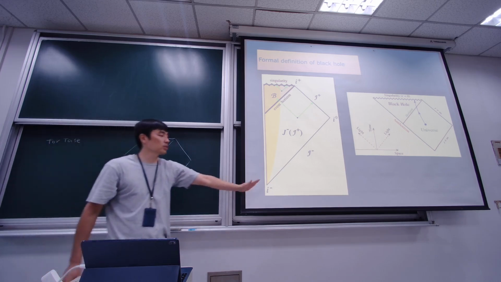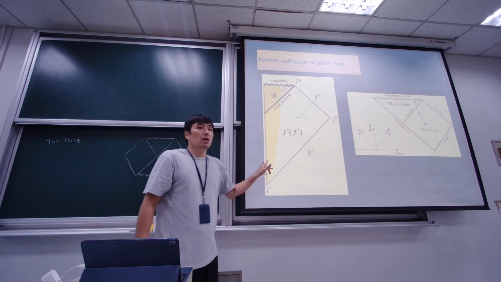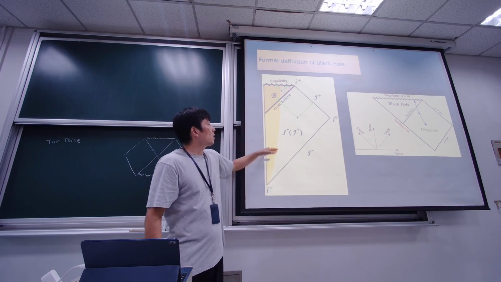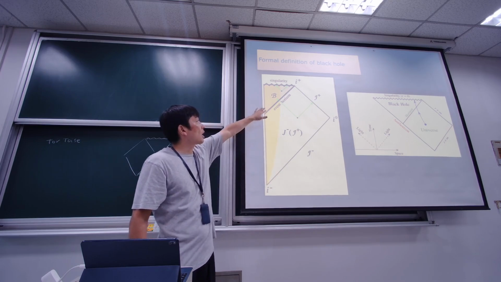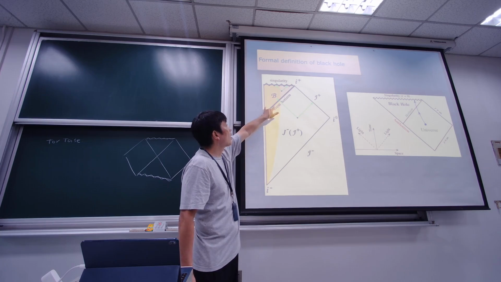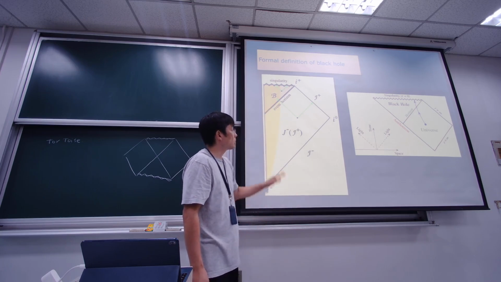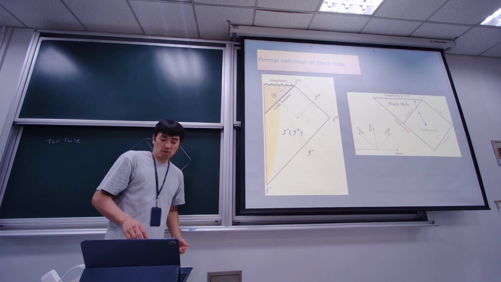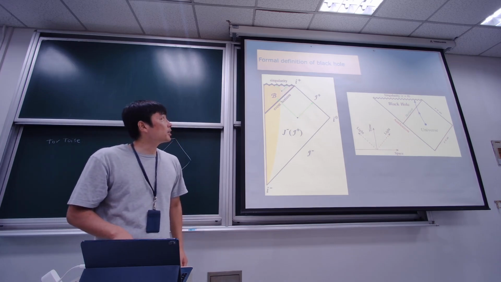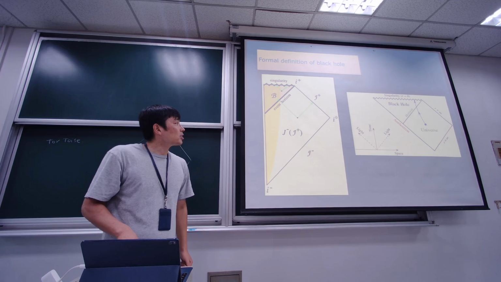And then you have to start with some spherical star. This yellow part is a star, and it undergoes gravitational collapse, and then collapse, and then it hits the singularity, and it creates an event horizon. So this is the real Penrose diagram, the real black hole. But here it's just a Schwarzschild one, so anyway.